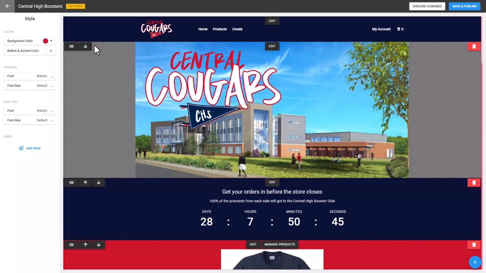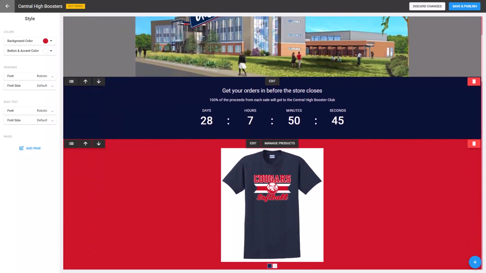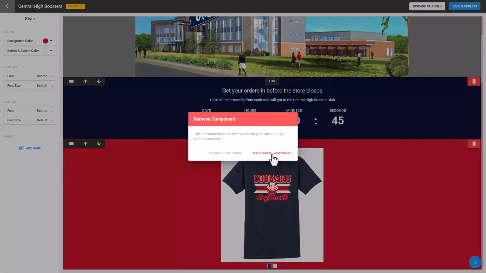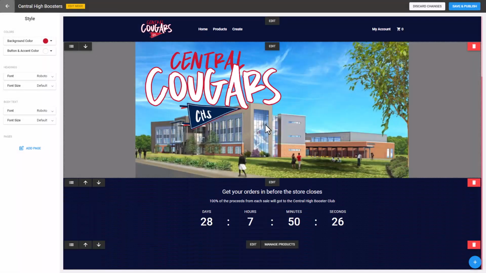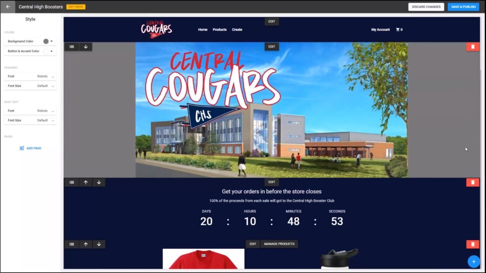And so we rolled this out earlier in the year. I'm going to delete this content block, which is a featured product. So I'm just going to delete that real quick. And I'm going to remove that component. And I'm going to add that component back in. So if I come back here and scroll down here to the right, what I can see is the little plus button